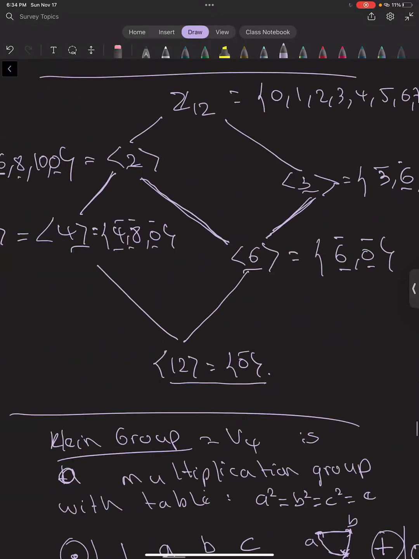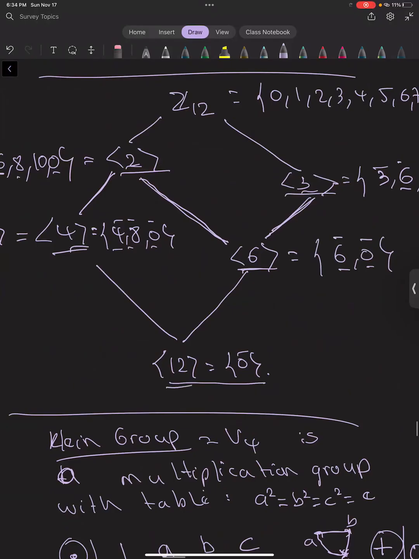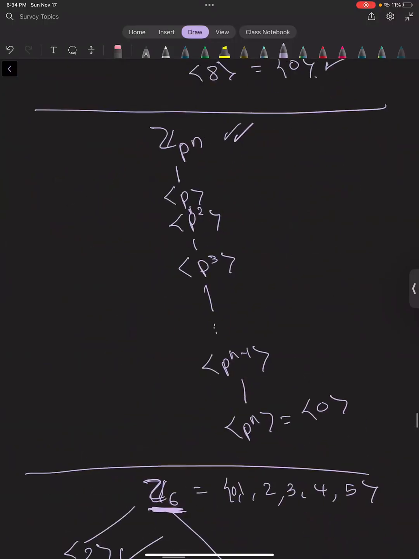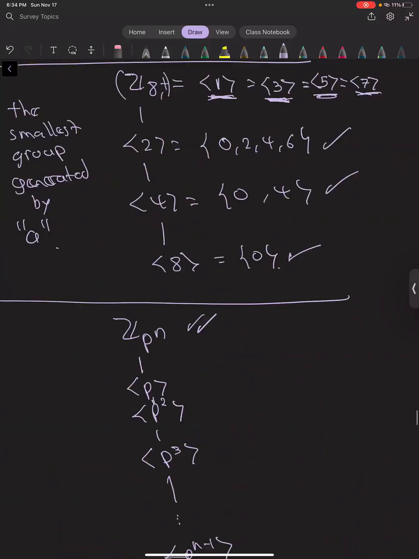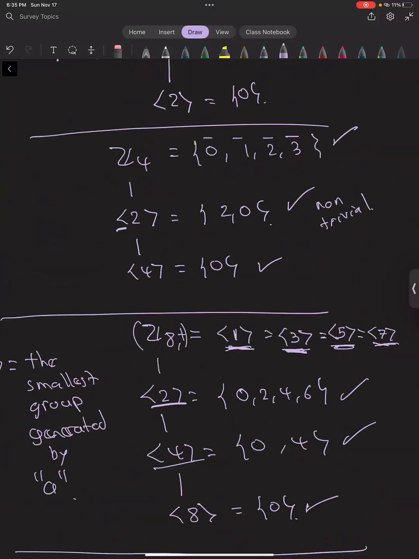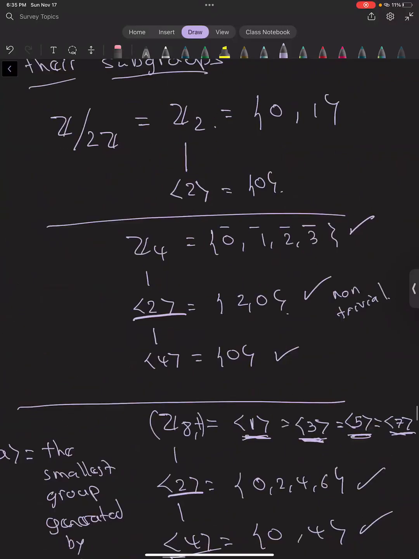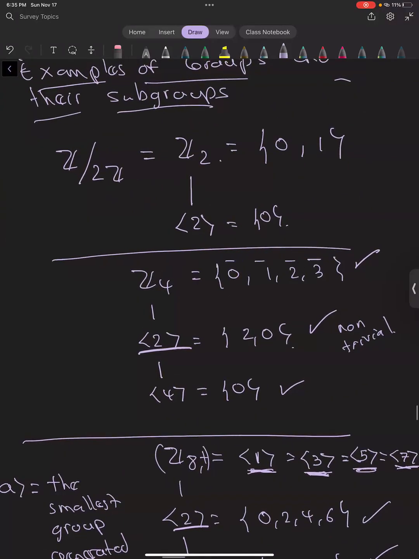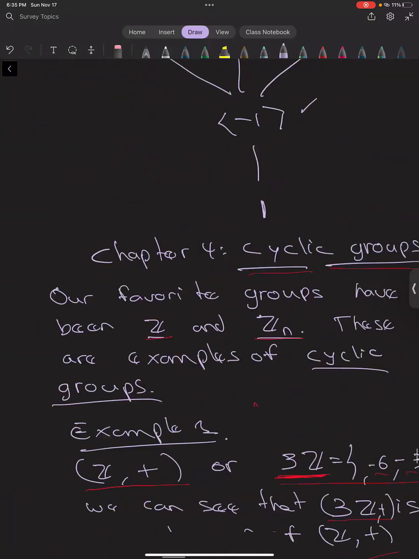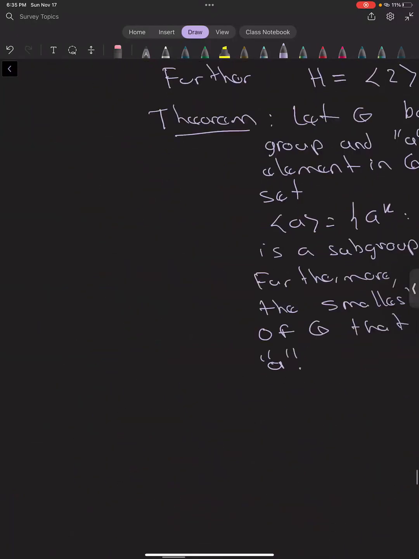These are non-trivial subgroups of C12, non-trivial subgroups of C6, non-trivial subgroups of the integers modulo n, a non-trivial subgroup of the integers modulo 4. So you see how I was able to make all the subgroups because I knew this theorem in advance. Okay,